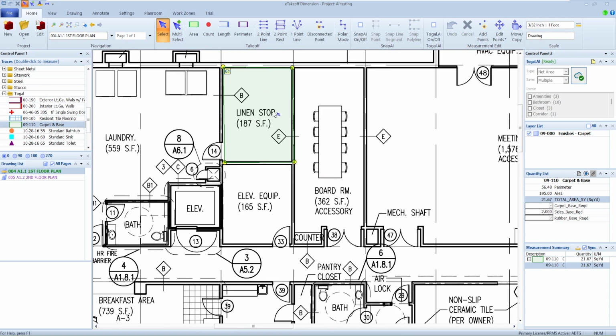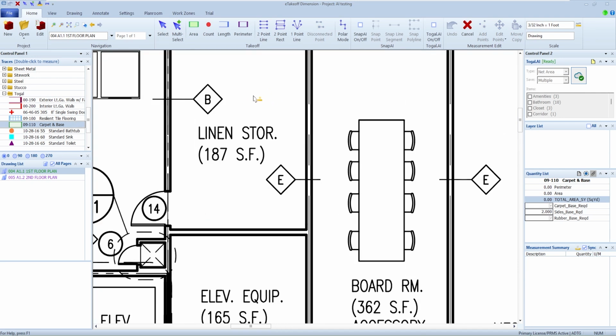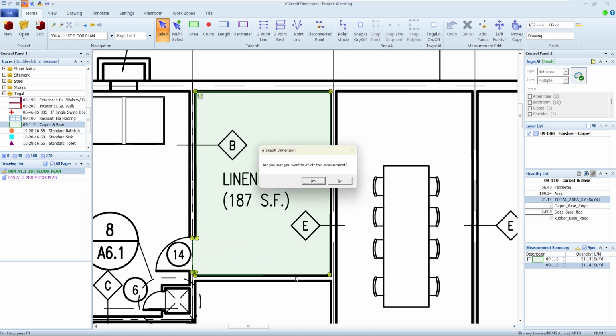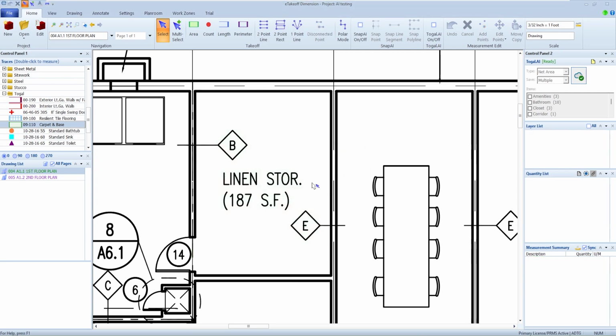So that's where most people say, well, that's not good enough, I've got to be more accurate than that. That's where people start to really zoom in quite a bit, really focusing on their corners and so forth. In some cases, they're even taking time to jog around the doorways, so I can say that carpeting might go along here and up here and over here, things of that nature. So there again, that took me a lot longer than the first time, but more accurate. So I'm going to go ahead and take that one out for a moment.